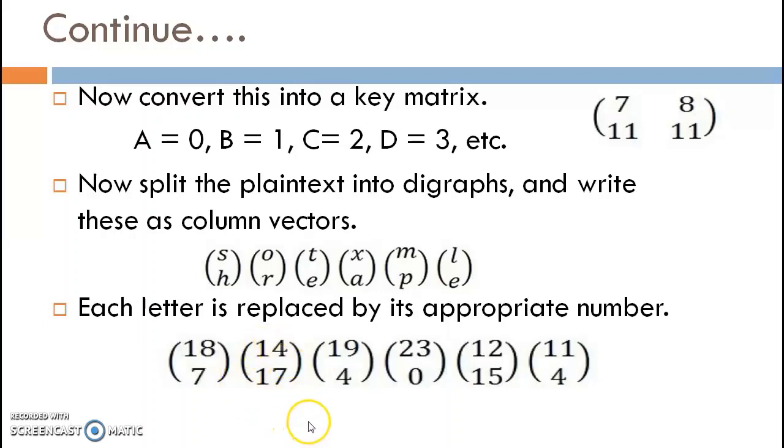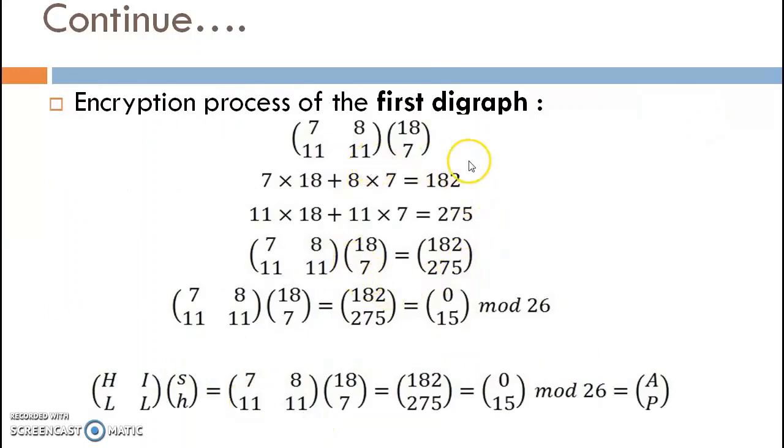Based on that table, we convert the column vectors to numeric column vectors, and then start the encryption by doing the matrix multiplication of the key matrix and the column vector. The first row multiplied with the column vector: 7 times 18 plus 8 times 7 gives 182. In the same way, the second row: 11 times 18 plus 11 times 7 equals 275. So we get 182 and 275.